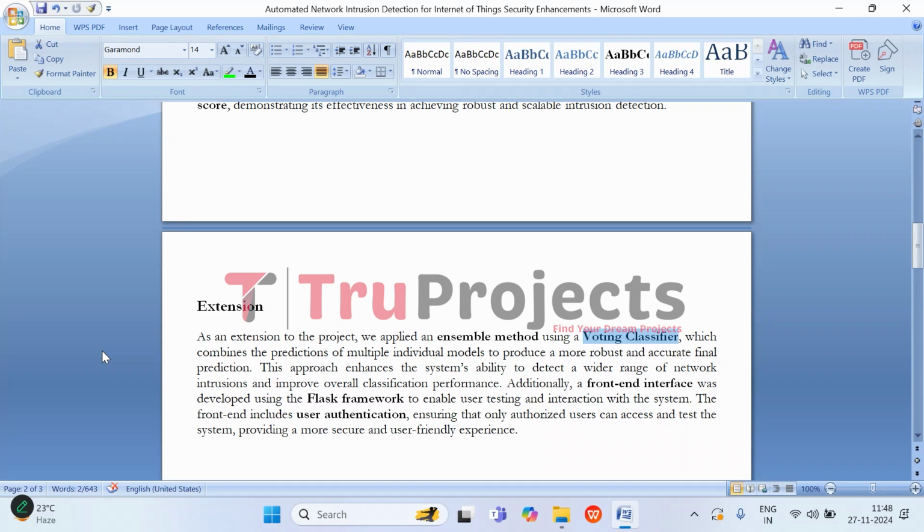its overall accuracy. Along with that, we have developed a front end using the Flask framework to make the system more accessible for user testing. This frontend acts as a user-friendly interface where users can interact with the system, input data, and see results. To ensure security, we included a user authentication mechanism to secure the user details, meaning that only authorized users can access the system. This ensures that testing is done in a controlled environment and provides a more secure experience for anyone using the